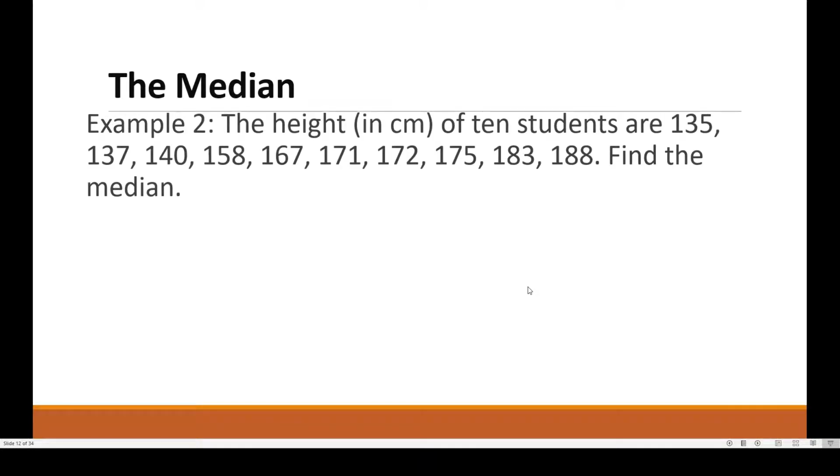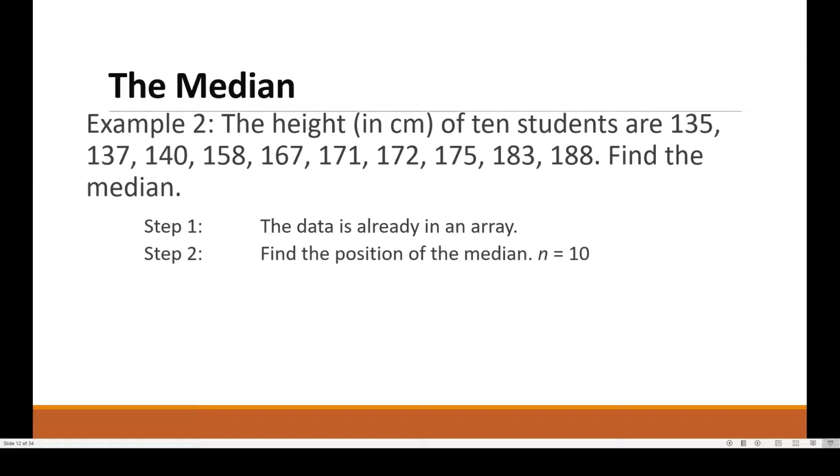Another example, the heights in centimeters of 10 students are 135, 137, 140, 158, 167, 171, 172, 175, 183, and 188. Find the median. If you will notice, the given data is already in ascending order. That means the data is already in an array. Step 2, find the position of the median, where n is equal to 10. So the position of your median is (10 + 1) over 2, or